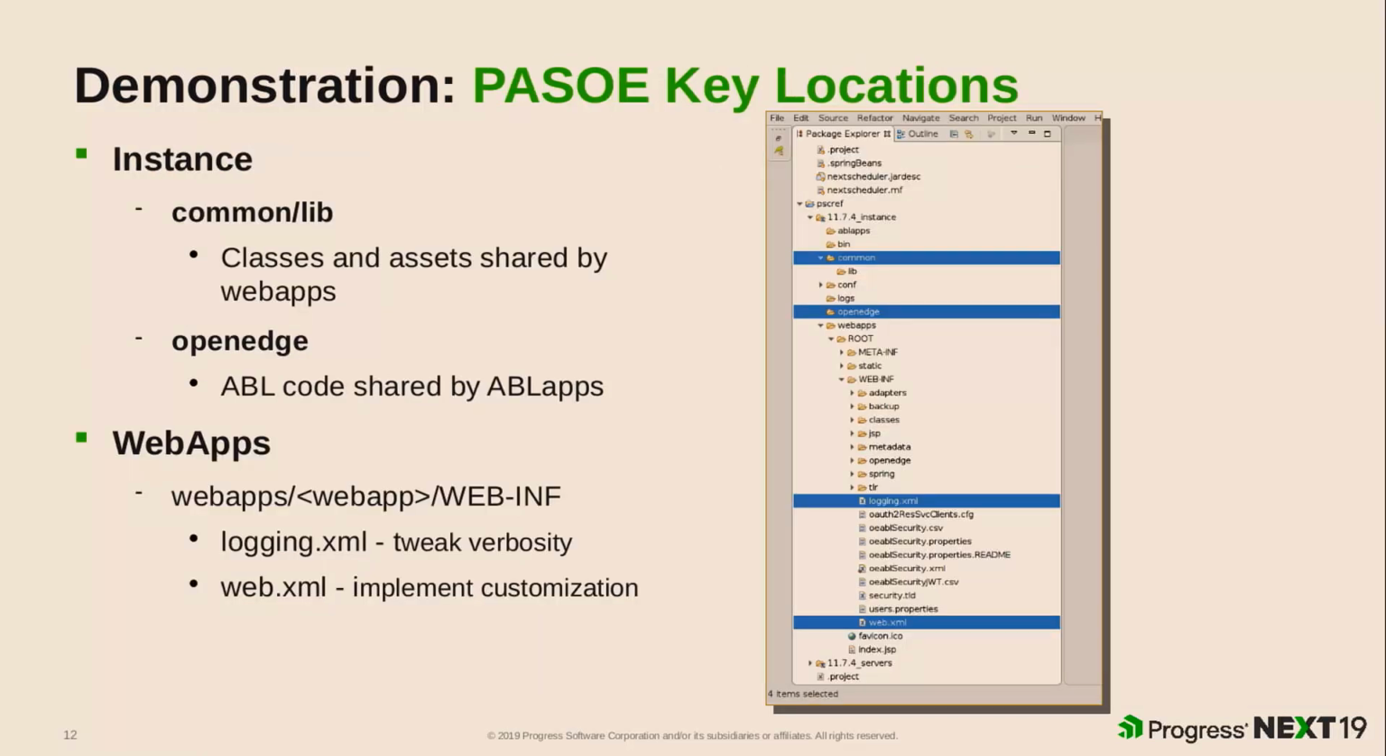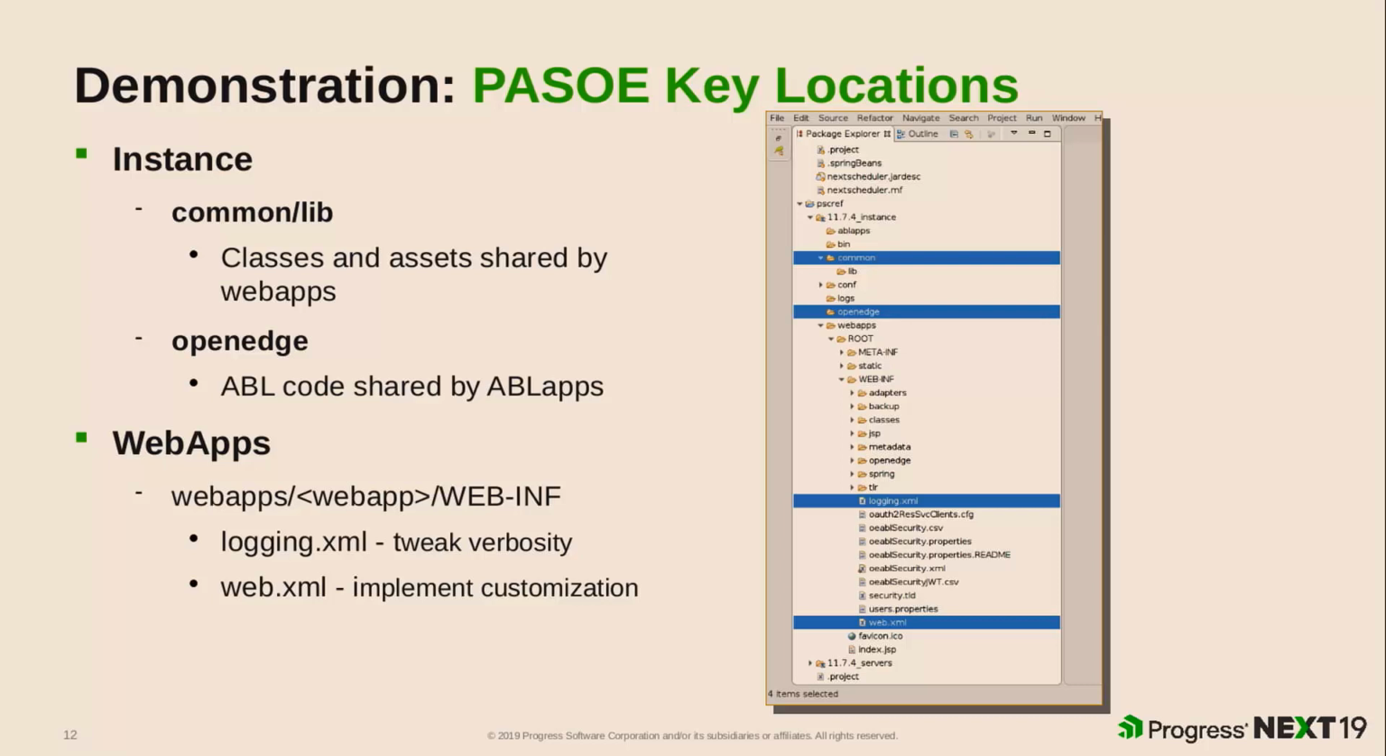So again, a pretty iffy graphic, I guess. But the concept here is I'm just highlighting a couple of key locations inside the standard PASOE directory structures. Under your instance directory, the one you would use the tcman command to actually create the instance,